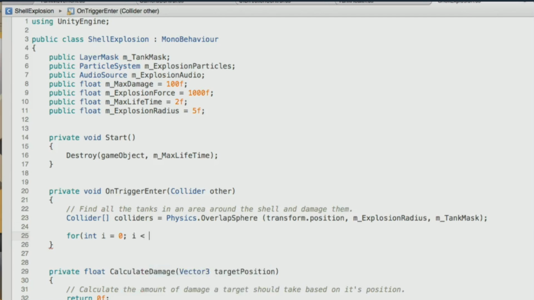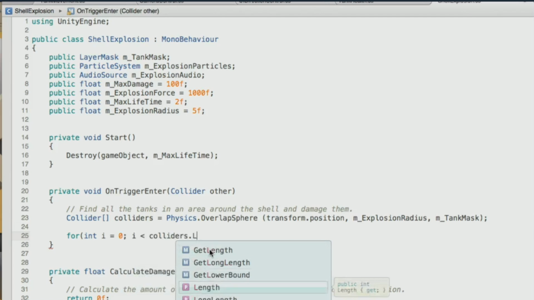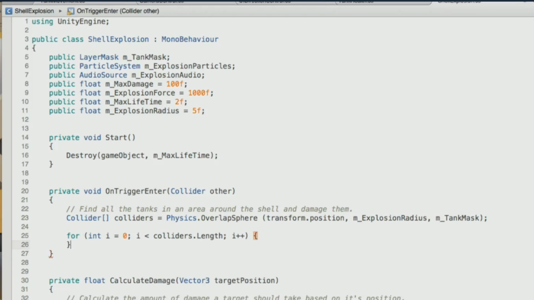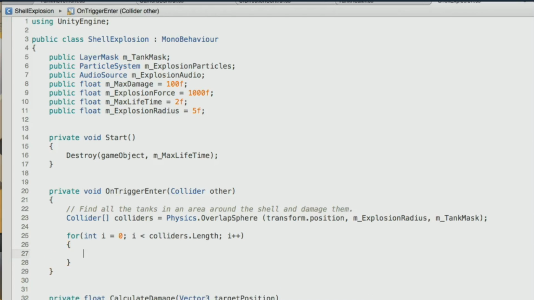For int i equals 0; i is less than colliders.length. Colliders is the array that we're going through, so it's less than colliders.length. And then i++ means that we add to i for every loop. Then open and close brackets. And then whatever we do in that for loop we can use to affect each of the